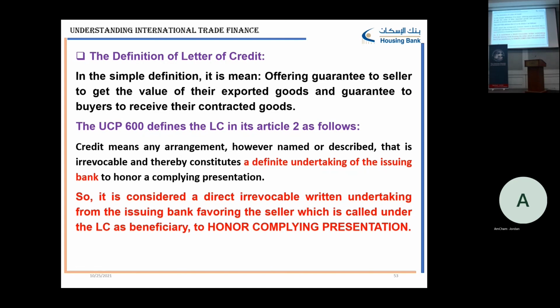If the seller asks for the LC as a method of payment, he must present compliant documents. Please do not present discrepant documents at all. If the LC does not work for you and you cannot make the documents comply with this LC, ask for an amendment. Do not check unless you are 100% sure you will